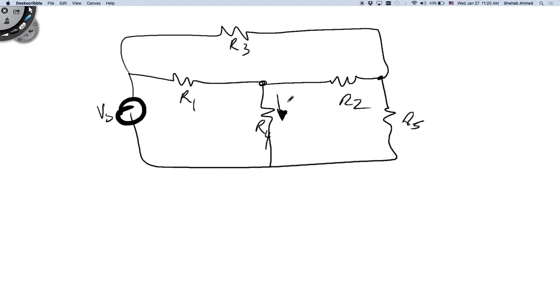Very tough, right? It's not simple like, okay, go away from the source, find what's better and what's in series, and then figure it out, right? Because this is in parallel with what? With many things. That's what we'll end up doing, right? So we will have to figure out a way to, one way you can do it is you do a loop here, put a loop, work around the loop here, and work around the loop here. If you do that, what will you get? You will get,